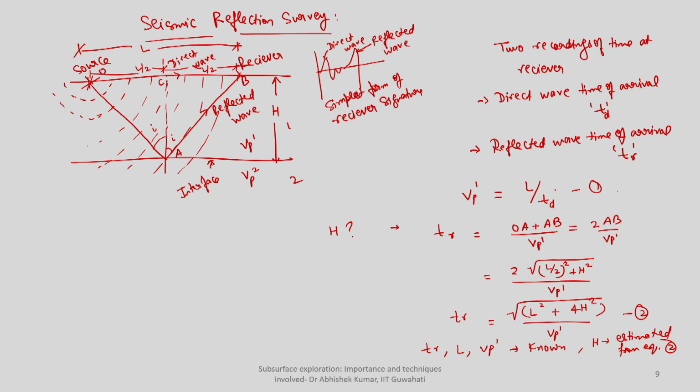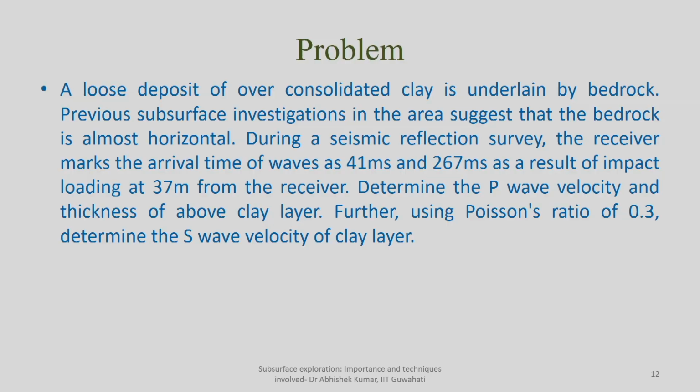Based on your P wave propagation velocity, you can quantify whether your medium is sand, silt. Of course, you can better classify in terms of stiff medium, soft medium, hard medium, and then you can also determine what is the thickness of the medium. So, this is the overall thickness of the medium. This is called as seismic reflection method. So, let us solve one numerical example here in order to understand better, like what is the way you can actually quantify this medium characteristics.